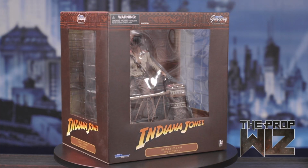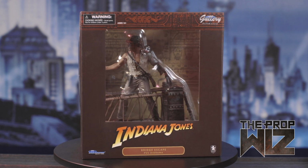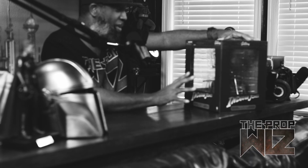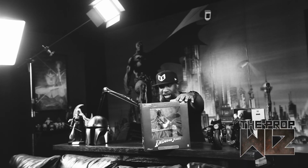Very, very simple box, but it definitely has the colors and feelings that are synonymous with this movie. I had a Blu-ray DVD set back in the day, and it had this same kind of color scheme. Of course, we got the Indiana Jones text logo, and this Aztec-like design at the top of the box on the edges. Again, I have the diorama from the Lost Art, and I believe the box is the same. Actually, I still have the box here on the ground. It is. The box is identical, except for the text saying The Bridge, and there's a different picture